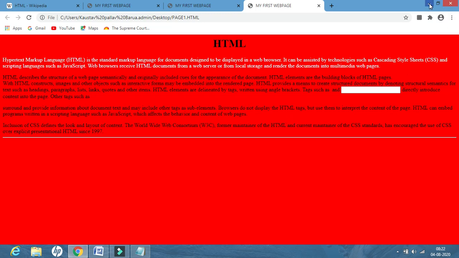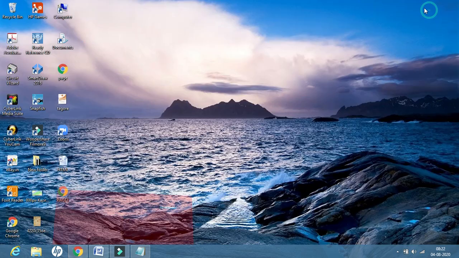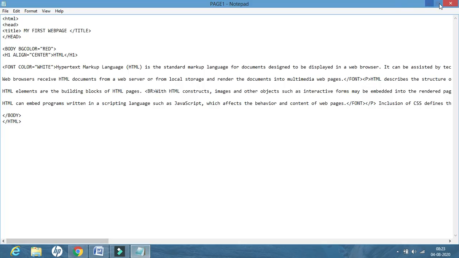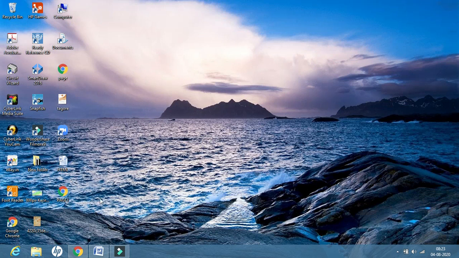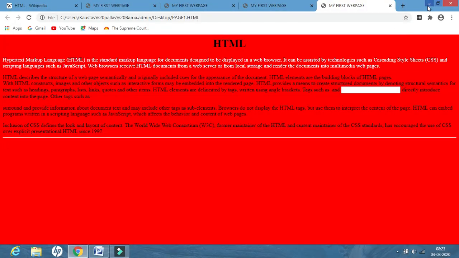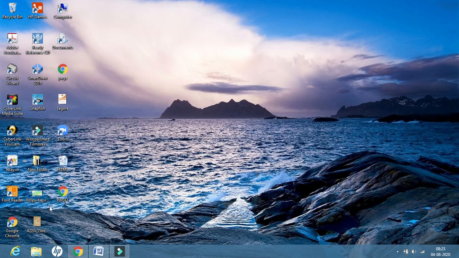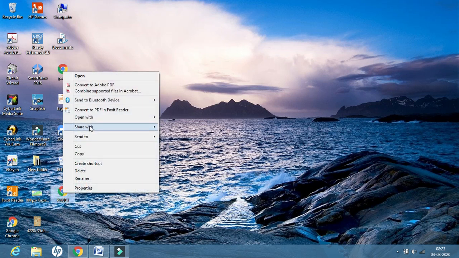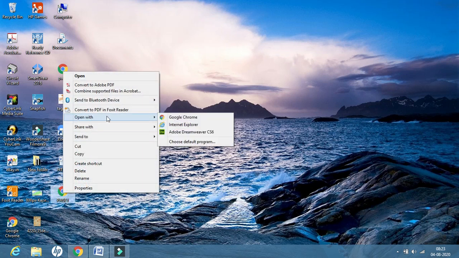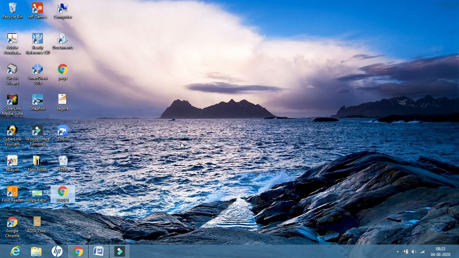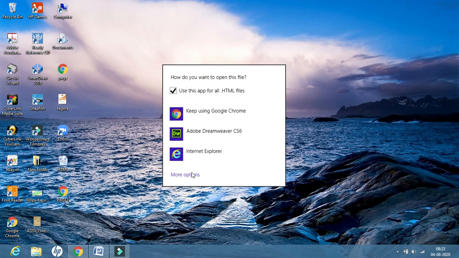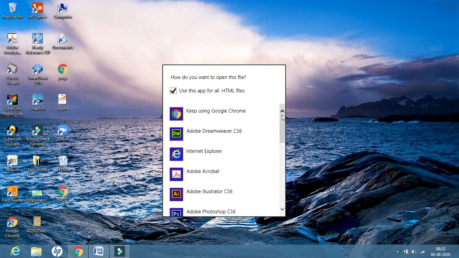And from this, if I want to open Notepad again, now this Notepad I will close, and see, if I want to open the same page using Notepad, what will I do? I'll double click, but it opens in the browser. So what will I do again? Select, right click, open with, and choose programs, more options.